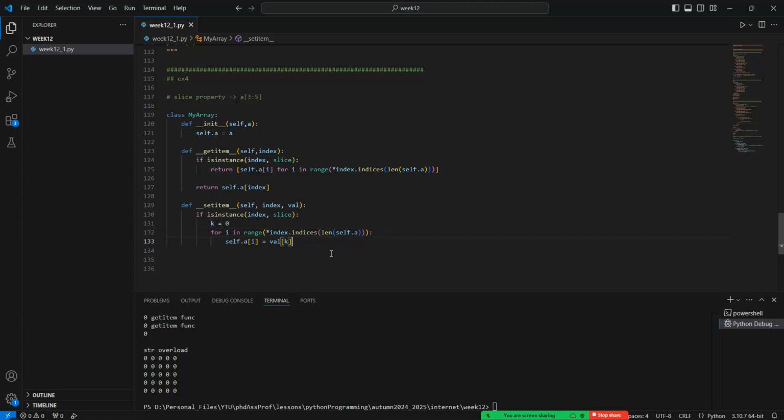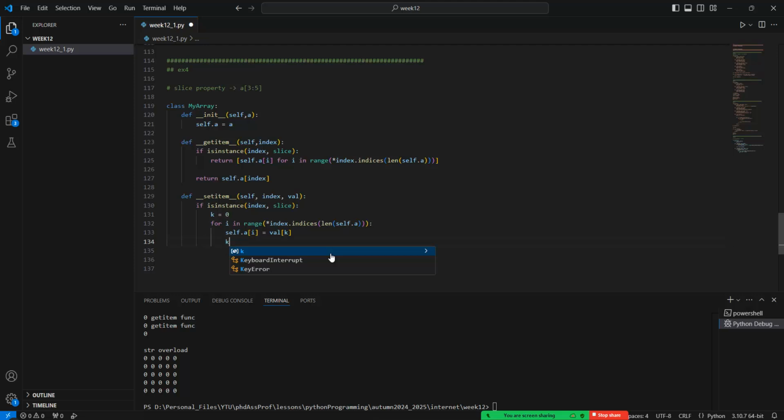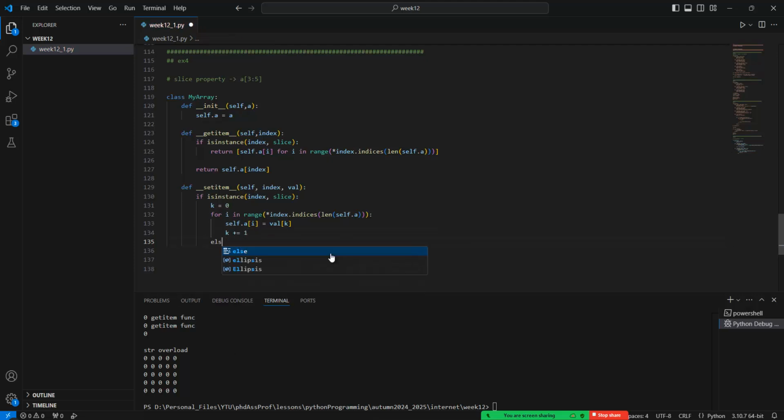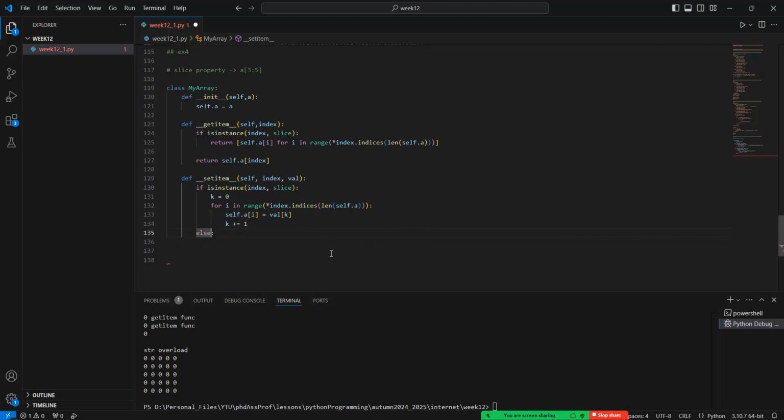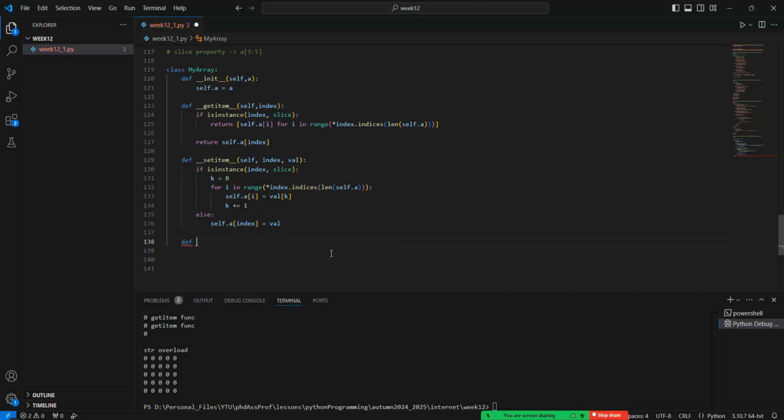Okay, and so k plus equal 1. Okay, and also the else should be given in here, just like this one for the if, and self a index equals to the 1. Okay, def len self